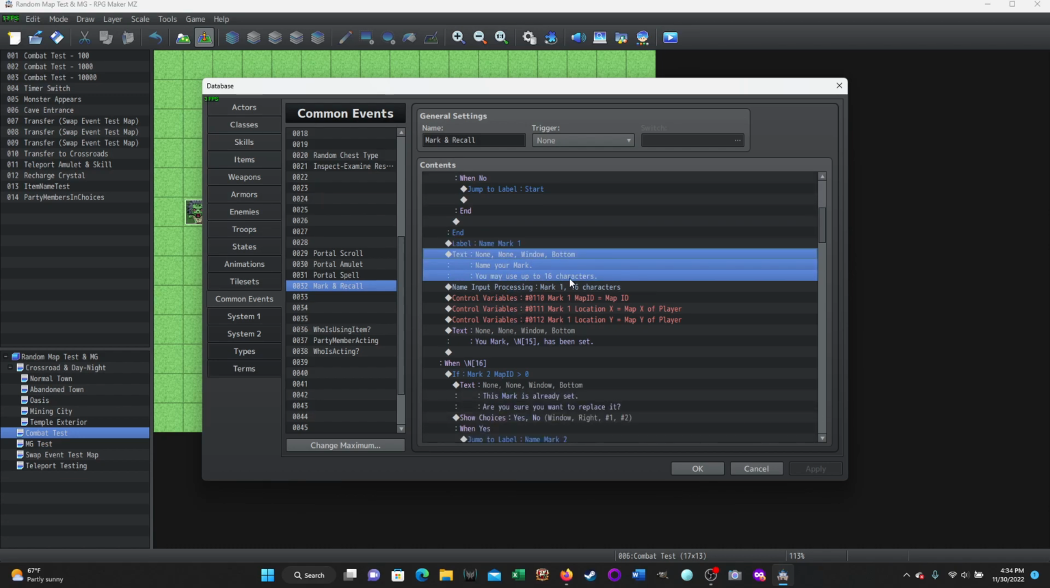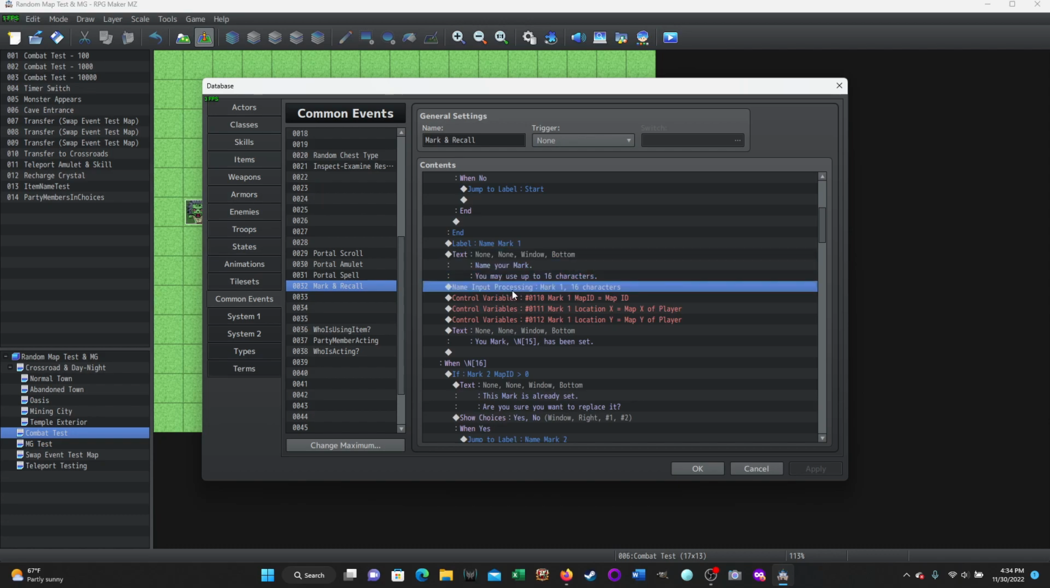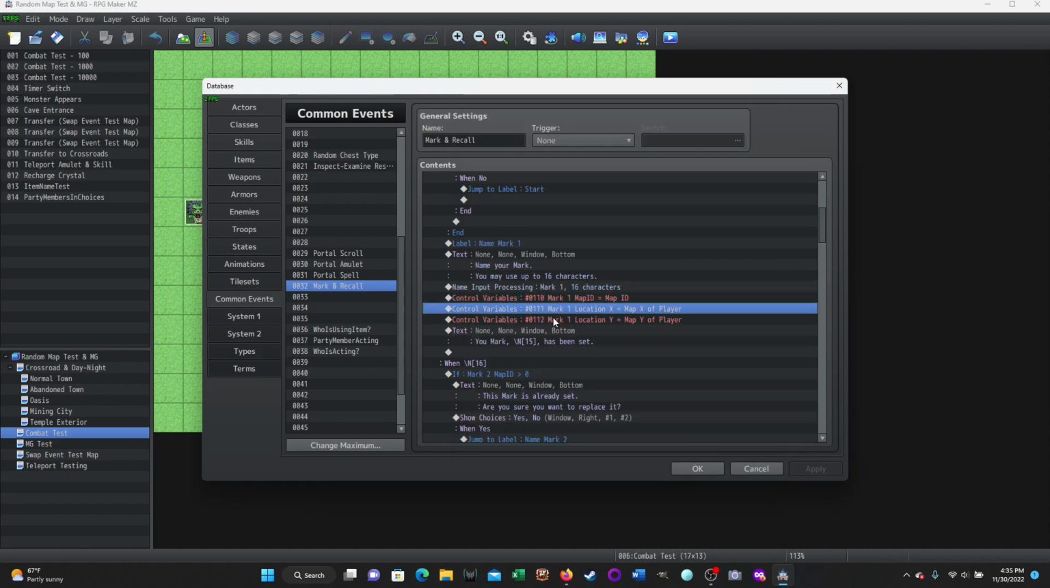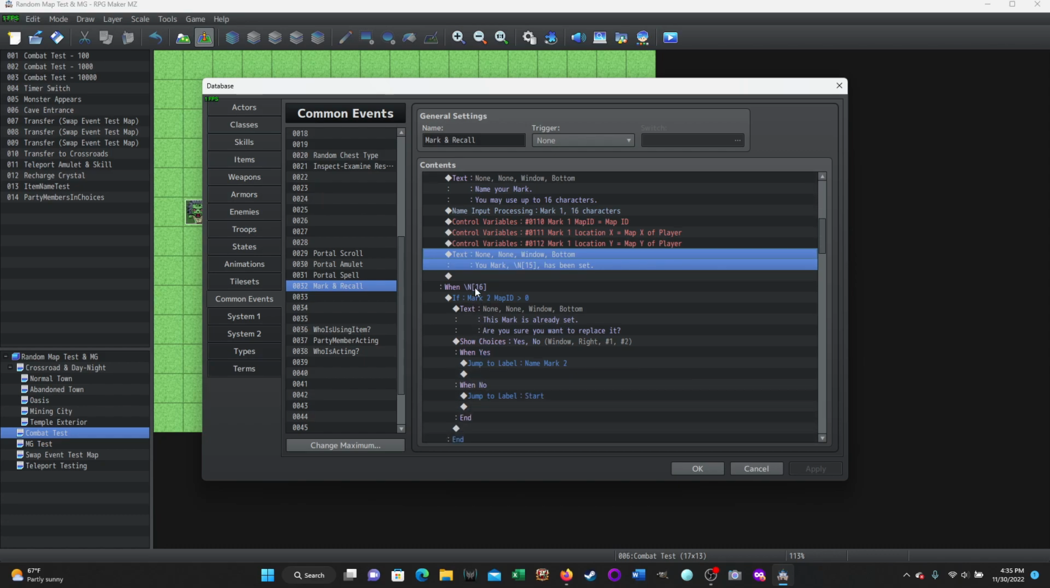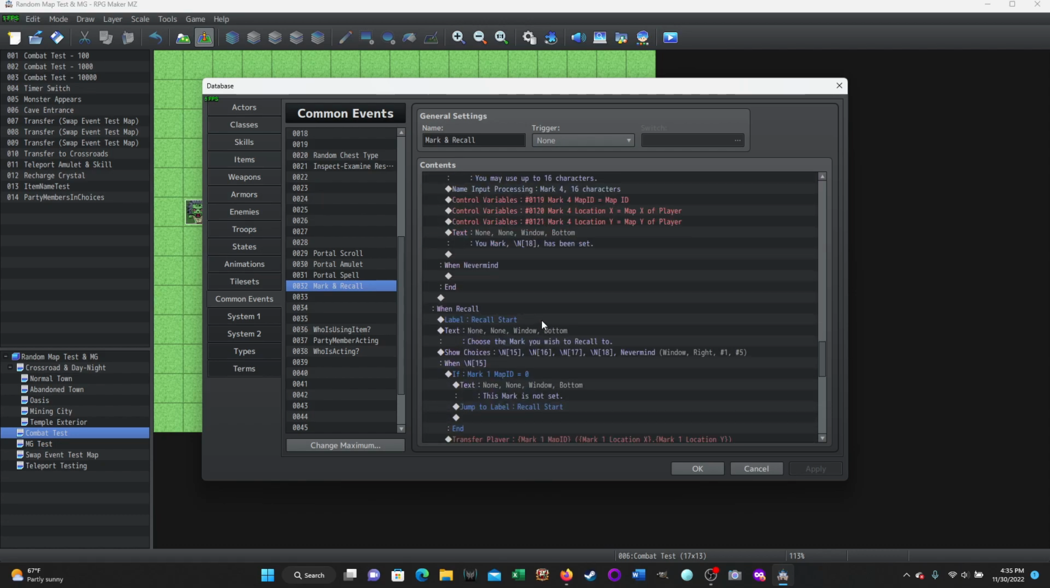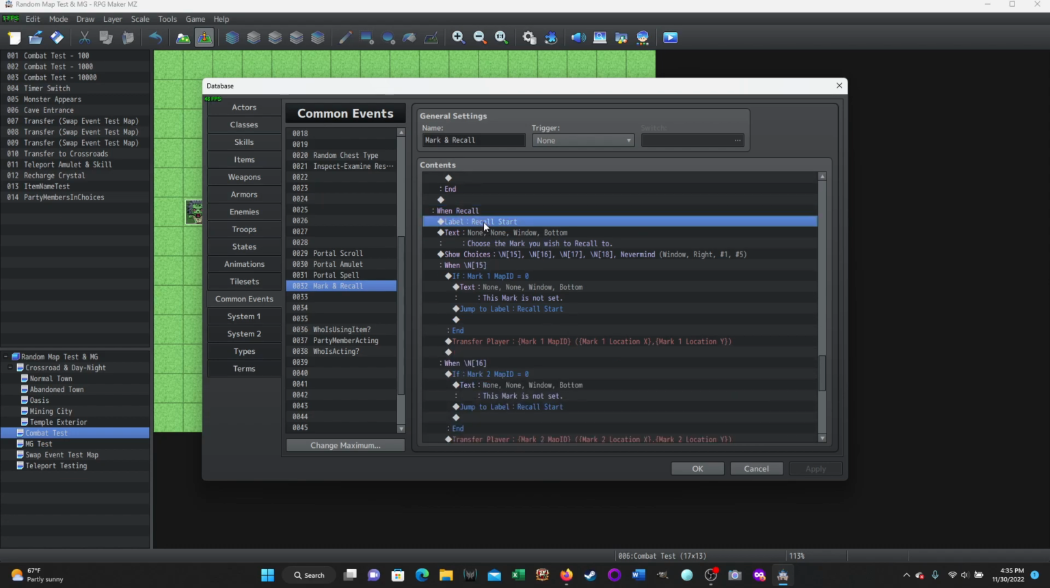We give our flavor text, tell them you can do up to 16 characters. And then we do that name input processing, right? Name input processing, which is on tab 3 of the event commands. Then you do your 3 variables, just like we did with the scrolls, just like we did with the amulet for the portals. And then you give them their flavor text, and then you rinse and repeat. Do the same thing for when you choose mark 2 /N16, and when you do the third, mark 3, and when you do mark 4, and then when you do the recall, right, we do our label recall start so